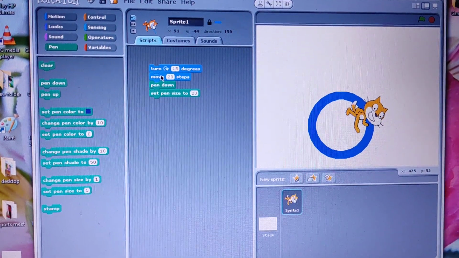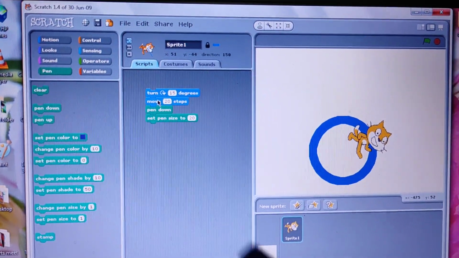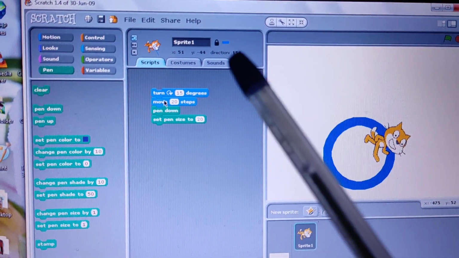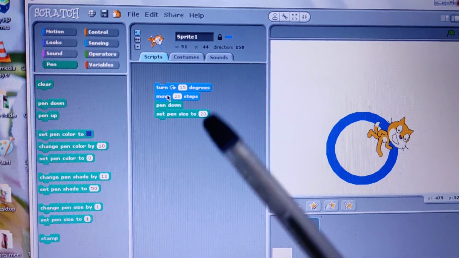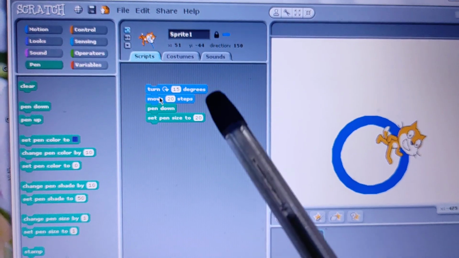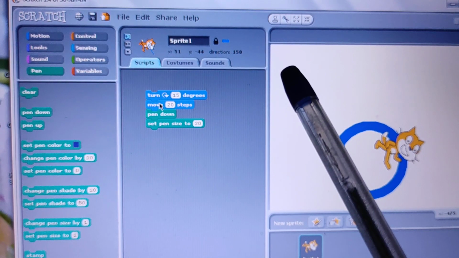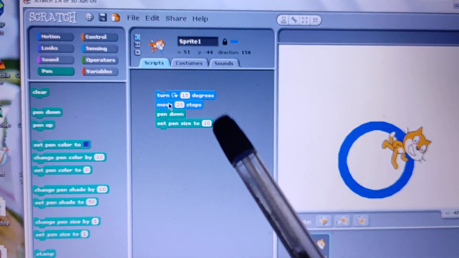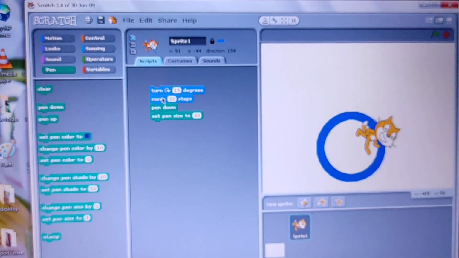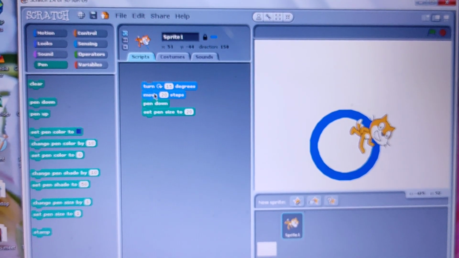Now finished. So Scratch carries out all the joined up instructions in order. These instructions are joined up in order, starting from the top and working their way down the blocks. In this program, the cat first rotates 50 degrees clockwise, moves 20 steps in the direction of its face and leaves a line behind it. So this is a simple program to make a cat draw a circle by using Scratch.